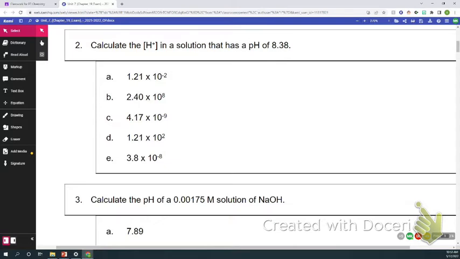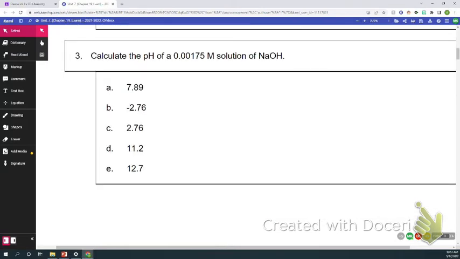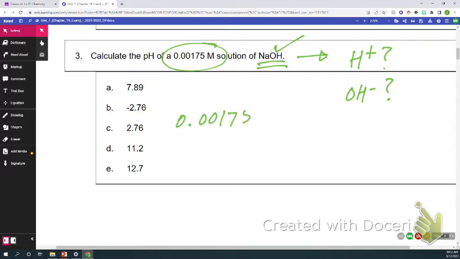So moving right along, let's look at number 3. Here's a bit trickier. Now, how to do this, okay? Now look. We have NaOH. And what you need to recognize is, is it going to give H plus or is it going to give OH minus? Remember, this whole exam was about H plus and OH minus. You see the OH here, right? Because it has OH, it's OH minus. So the molarity that you see here, the 0.00175 molarity,